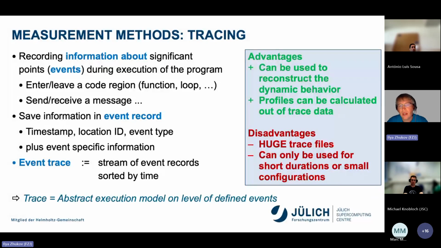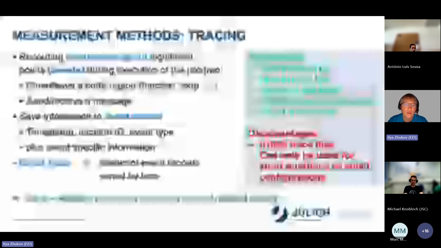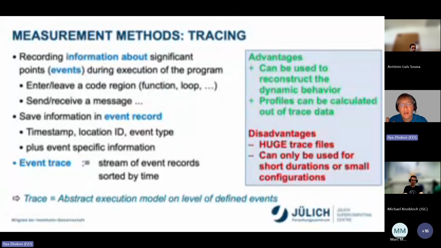These are the events which we would like to record. We save this information in a so-called event record, and in the record we save information about the timestamp, where it was executed, location ID, event type, and additionally we save some specific information if needed.